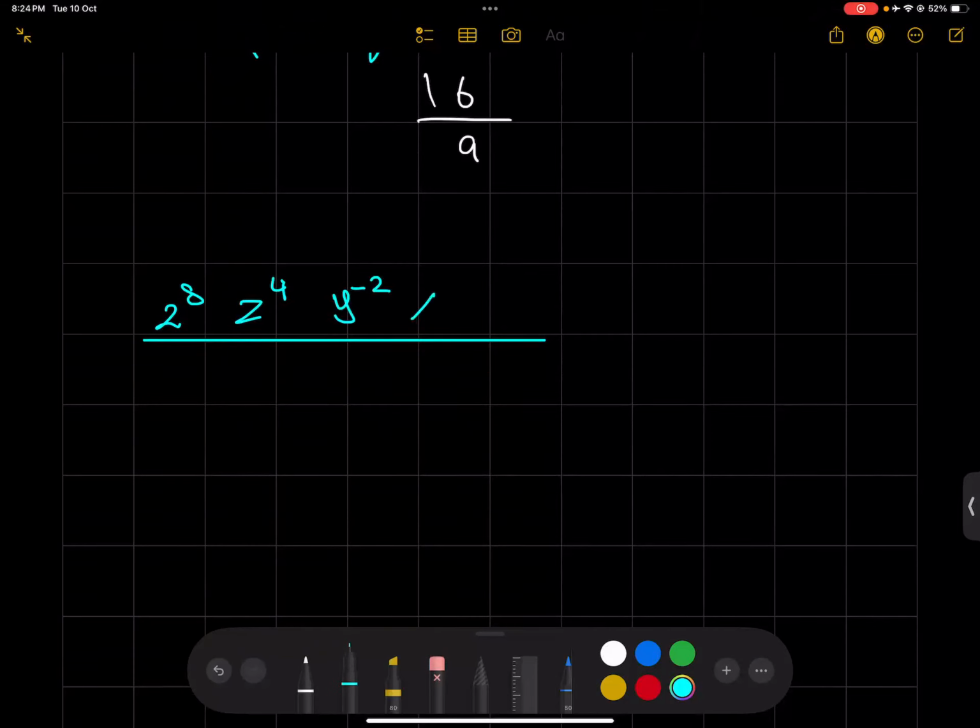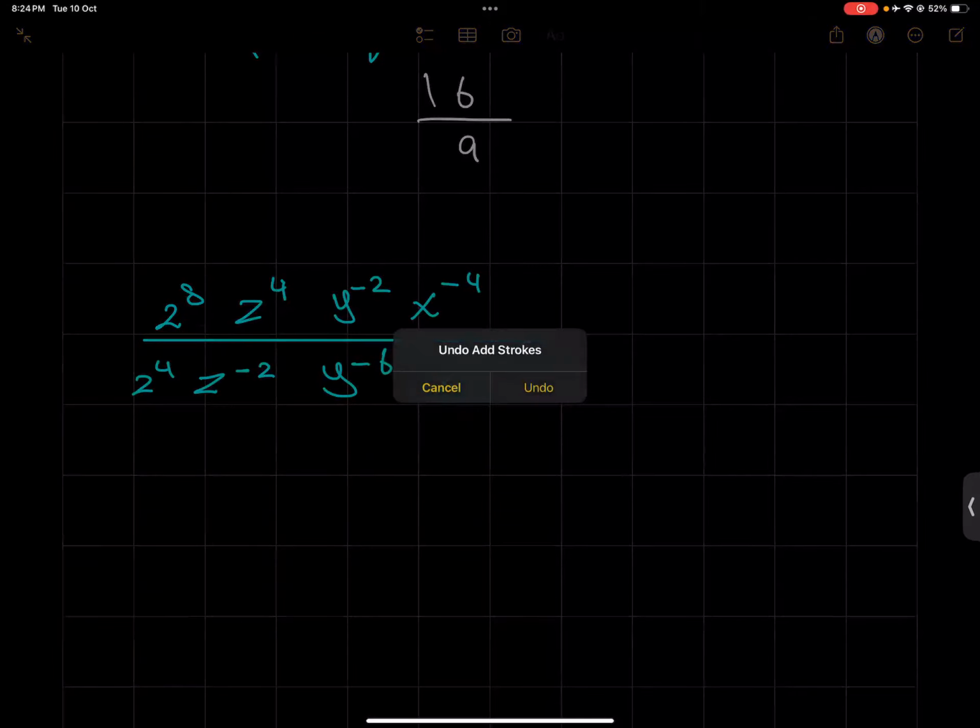Let me try to use another letter. X to the power of -4. And here we have z to the power of -4, -2, y to the power of -6, and x to the power of 2. This one, to be honest, is quite a bit harder. Do you know why? Because no need to change all places, because right now, I'm looking for which one of them